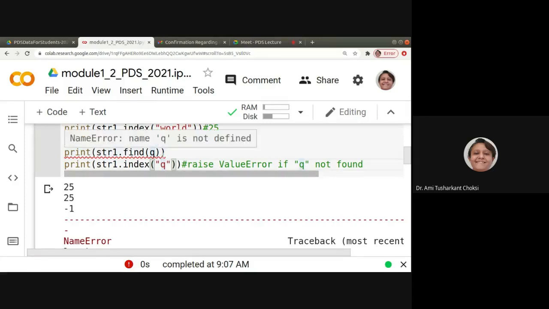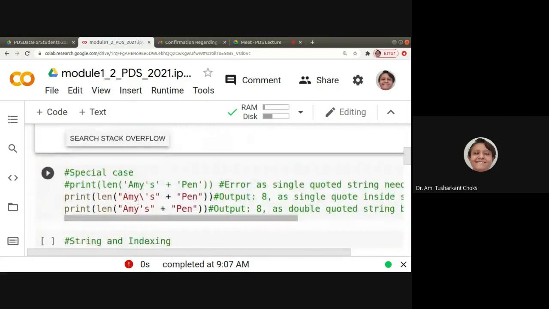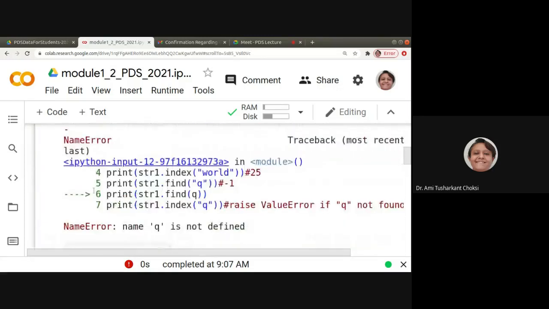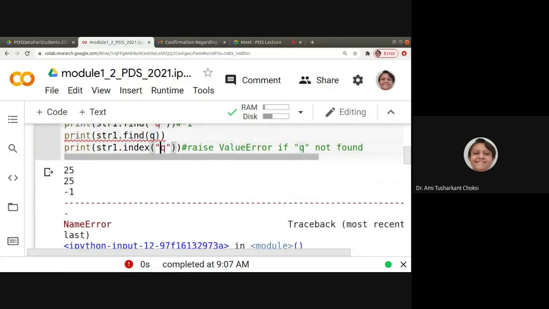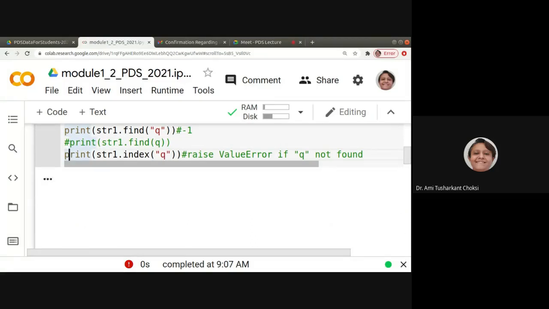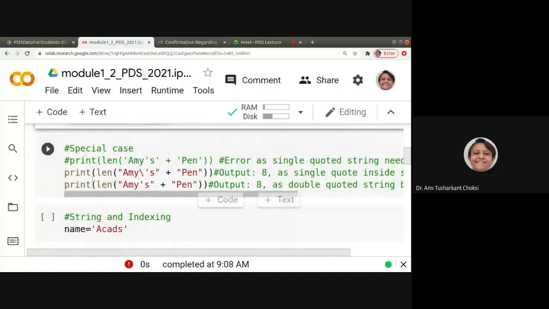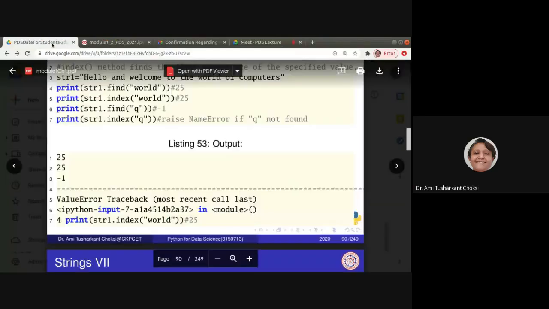So if I modify this, now you have provided a string, so it will give us the value error. Keep that in your mind.